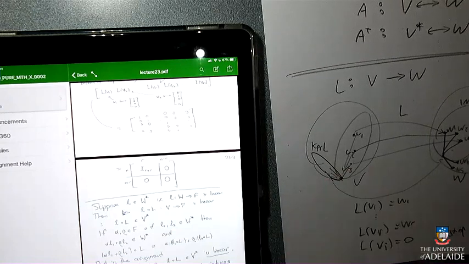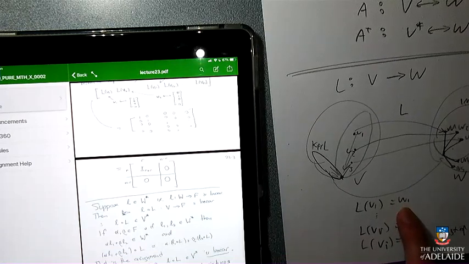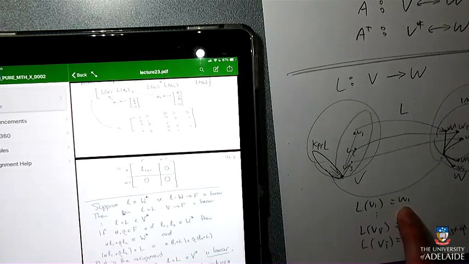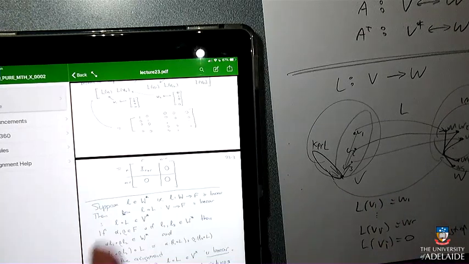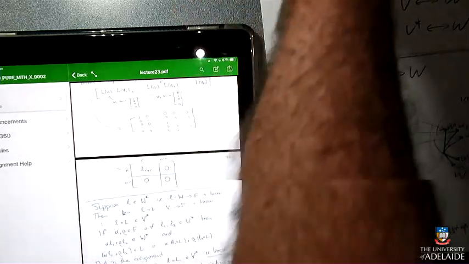Okay, and so if we're going to write everything in terms of these bases, this would be 1, 0, 0, 0, 0 because it has 1 W1 and 0 of the rest of them. Okay, so if we write them as coordinates based on these bases, we get that matrix. Okay, cool. I think I understand what's going on there.